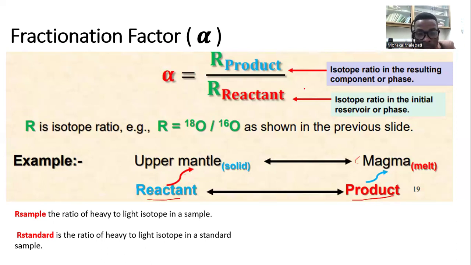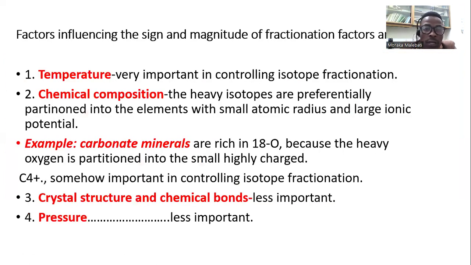That's what reactants are for. Okay, and then yeah, so these are just the formulas, and as for the ratio, I've already mentioned it. That is just the expression of the ratio of heavy isotopes to light isotopes. Okay, so factors influencing the sign and magnitude of fractionation factors are the temperature, chemical composition,